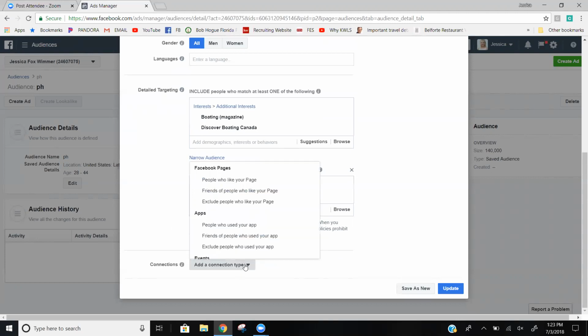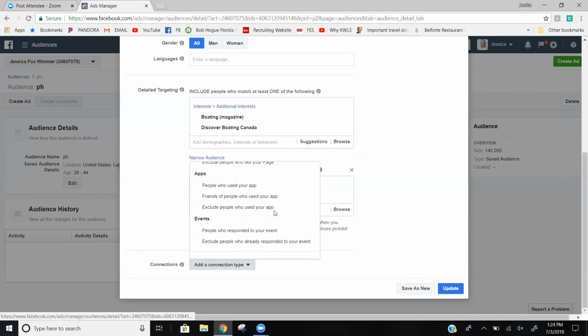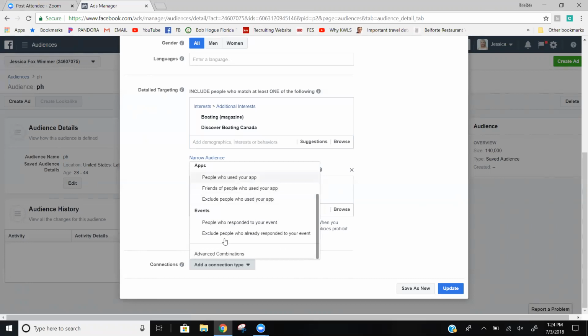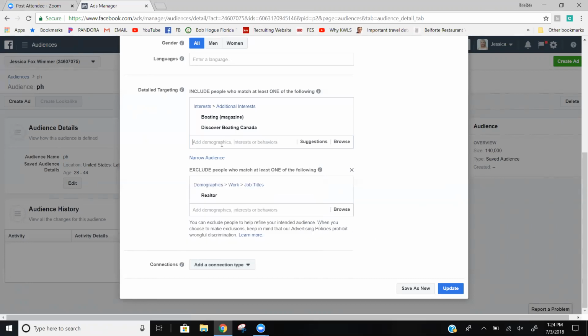Yes. So connection type, you can also add in people who like your page, friends of people who like your page, any of these things. These are great things to keep going with. So this is why you can just keep on going and figuring out all of these different interests, because there's just so many. There's also